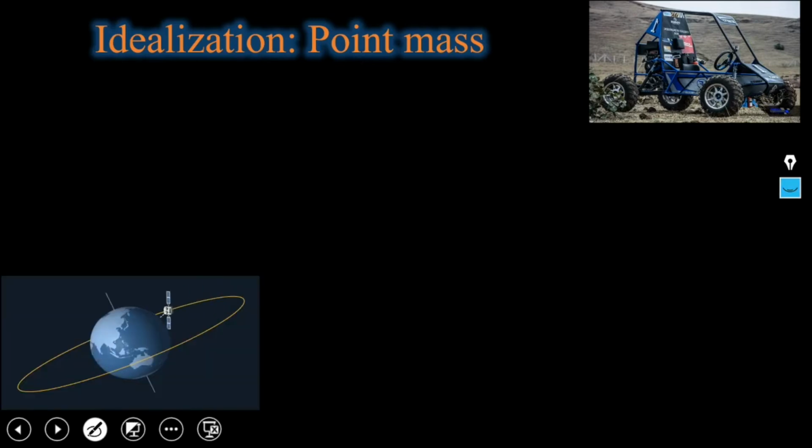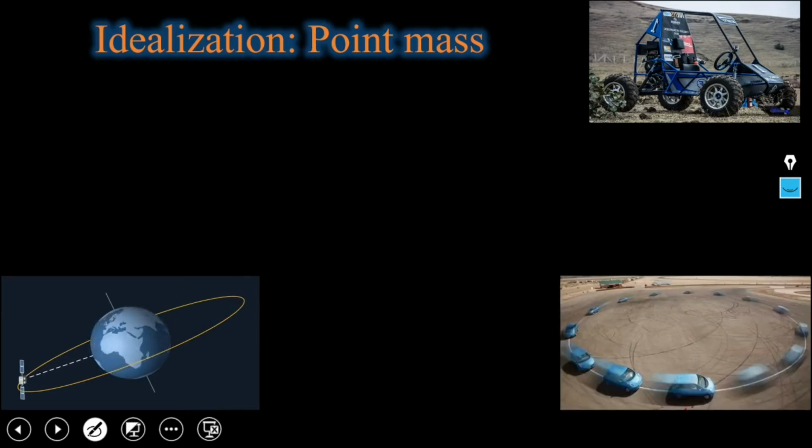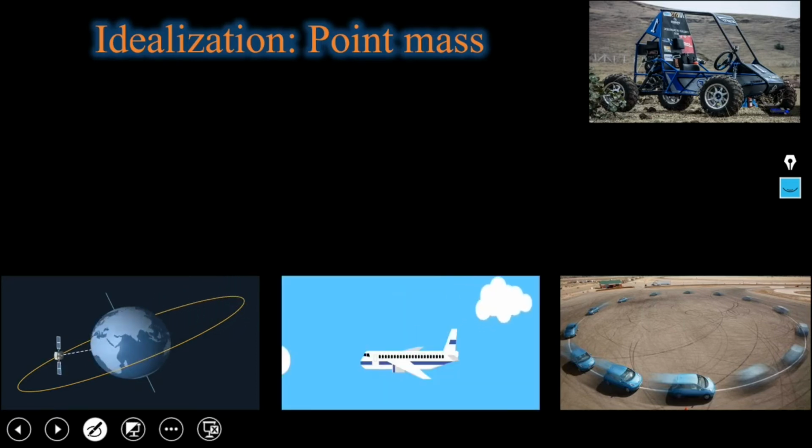If the dimension of the object compared to its trajectory is negligible or very small, or if the rotation is irrelevant for the analysis perspective. For example, in the case of a car, the rotation of the wheels is irrelevant to the motion of the car as a single entity, or if the motion is in a straight line. In the above cases, every point on the object has the same velocity, acceleration and displacement. Instead of tracking every point, we just track the motion of the center of mass point.